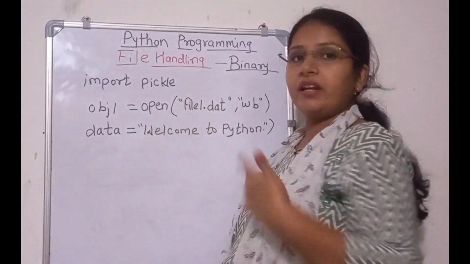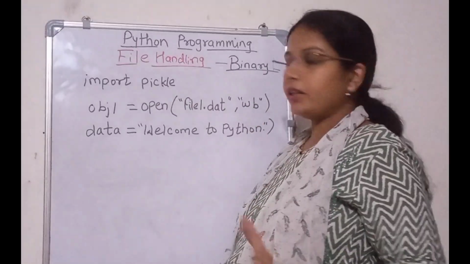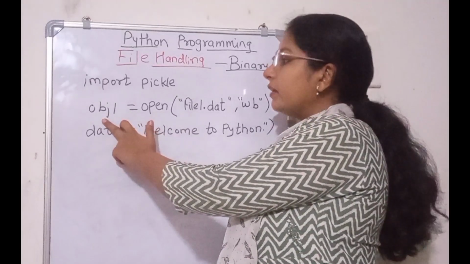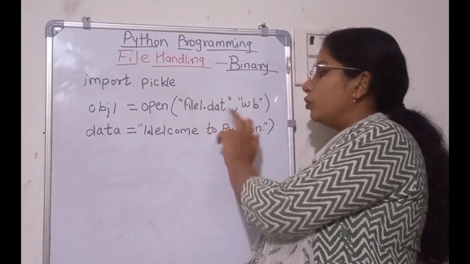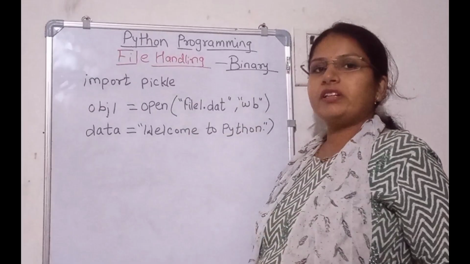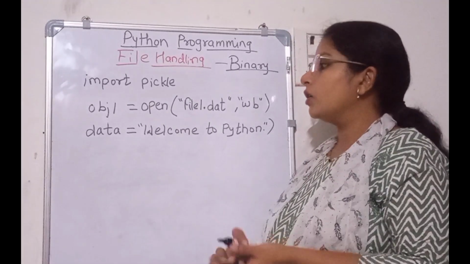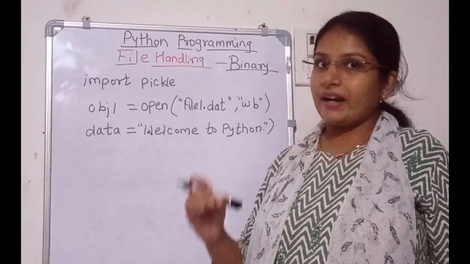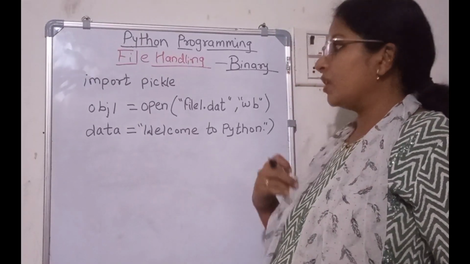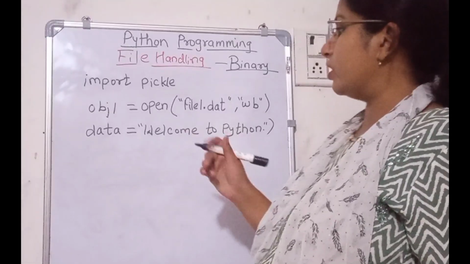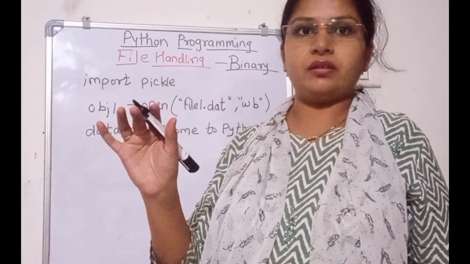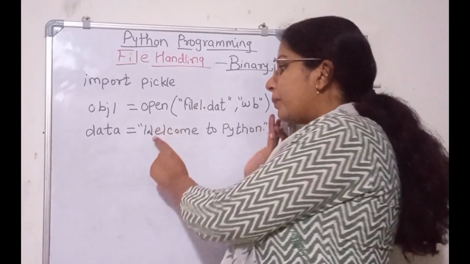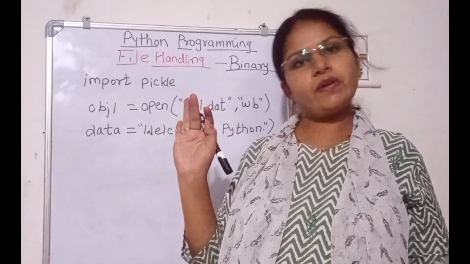Now this data will be written to the file file1.dat using object1, क्योंकि ये फाइल ऑब्जेक्ट है आपका जो आपने क्रिएट किया है, और उसी के यूज से हम लोग ये जो लाइन है वो file1.dat में राइट डाउन करेंगे, राइट. So our next step is which method we are using to write the content to the file. The method which we are using to write the content is the dump method. Dump means dump करना, right? So what we are doing, we are dumping this sentence to the file. That's why it is called a dump.